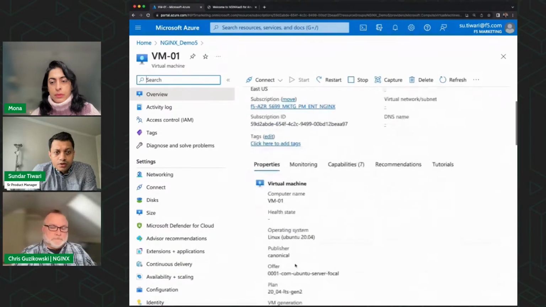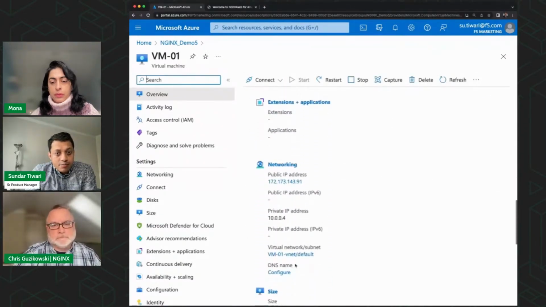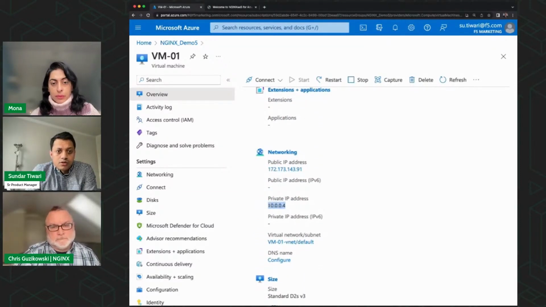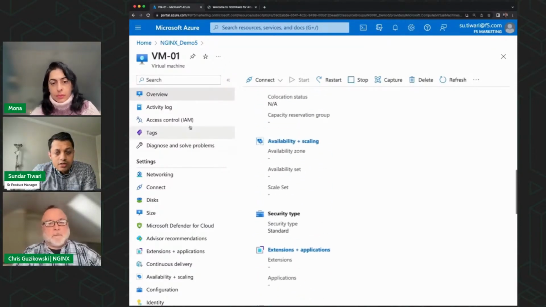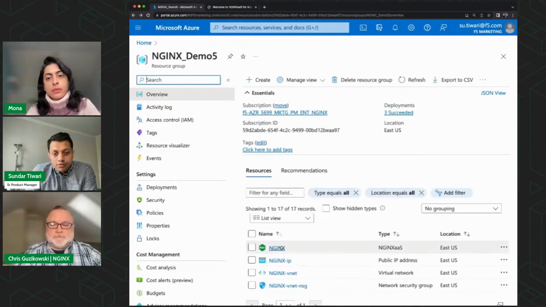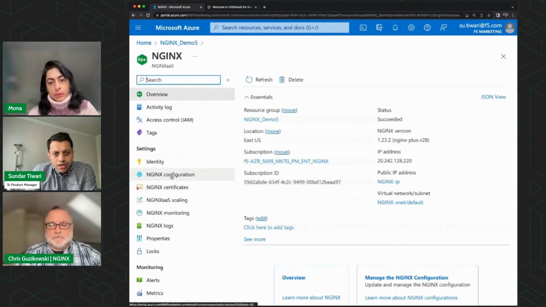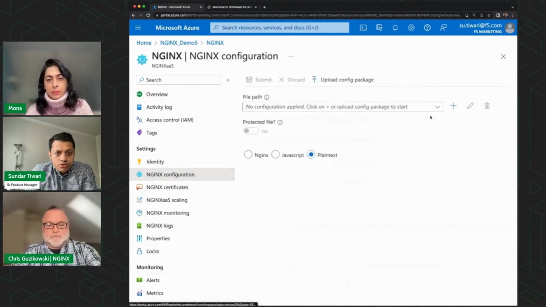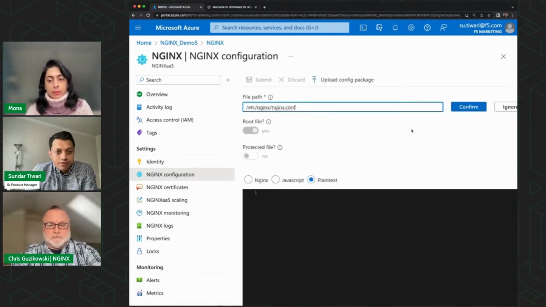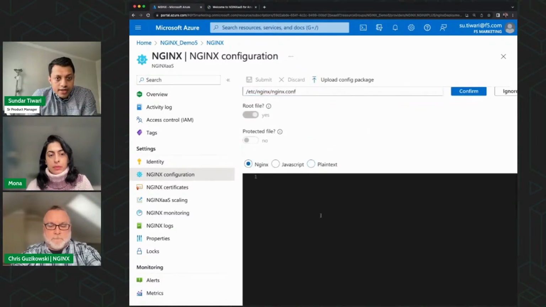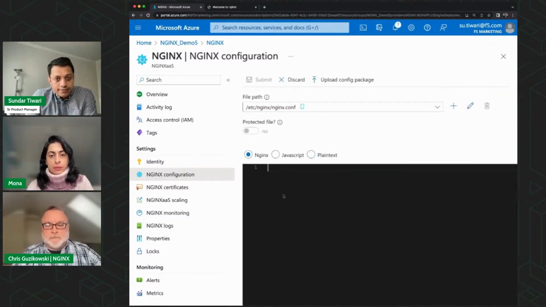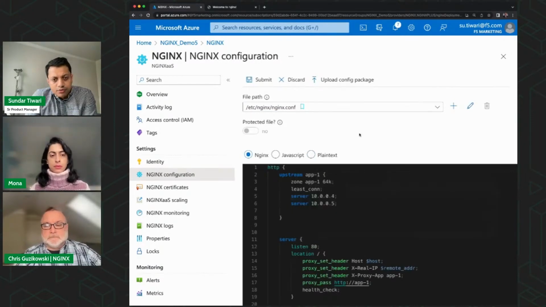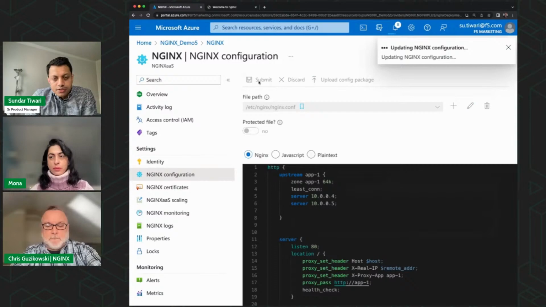We will move forward to the configuration, for which I will copy the private IP addresses of these upstream VMs, VM01 and VM02, that are running the web applications that we just configured a while ago. Here you have an option to bring your own configuration from your on-prem setup or create a new config file. I will create a new config file, which I have prepared offline, and provide those private IP addresses of those upstream VMs. Once I save the configuration file,